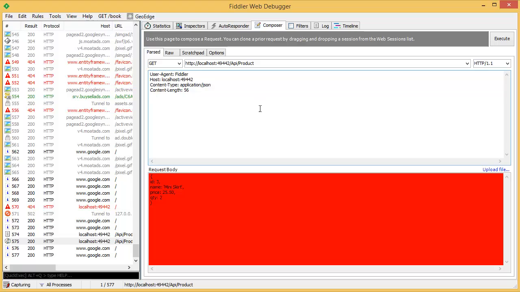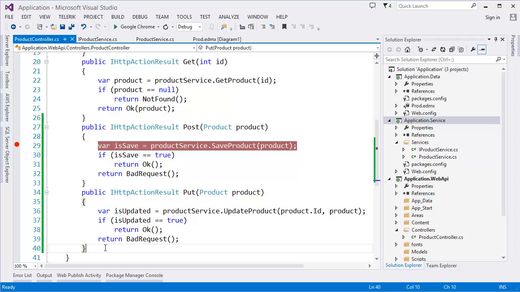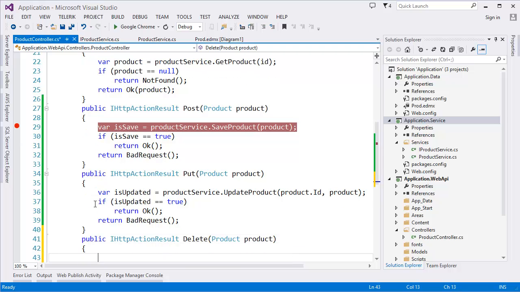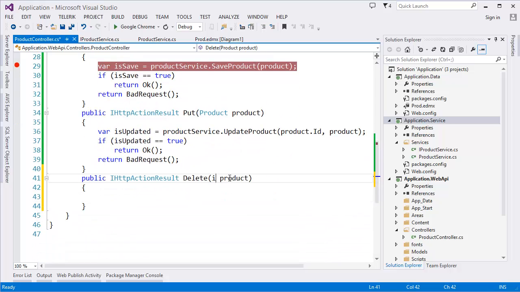So what we have to do is we have to create our delete method in the API. So what we have to do is http delete, then that product. Okay, so in this case basically we can even only pass the product ID. Okay, so we'll pass the product ID and it will delete that product. So same is deleted